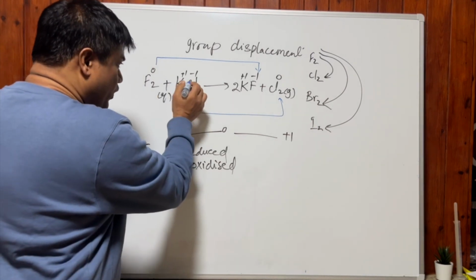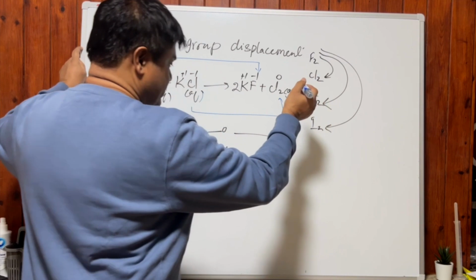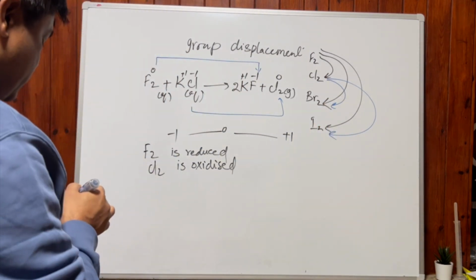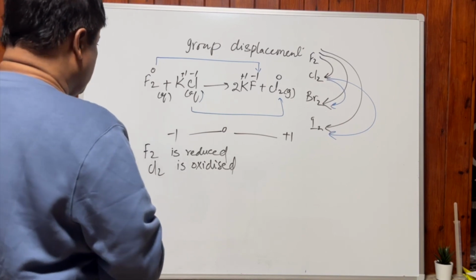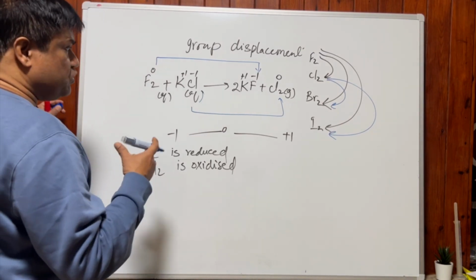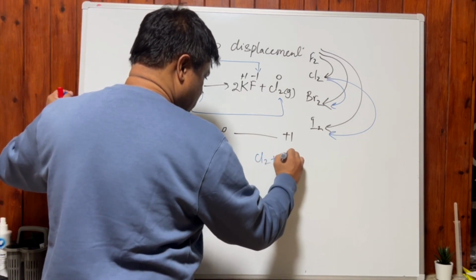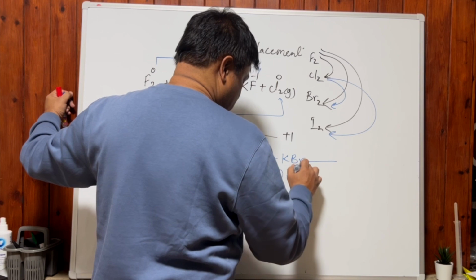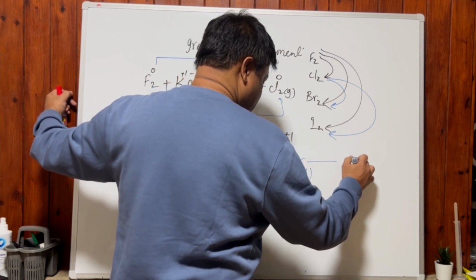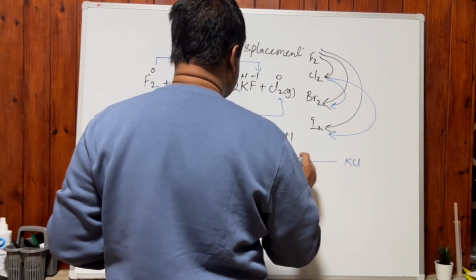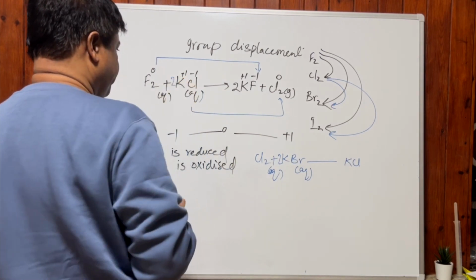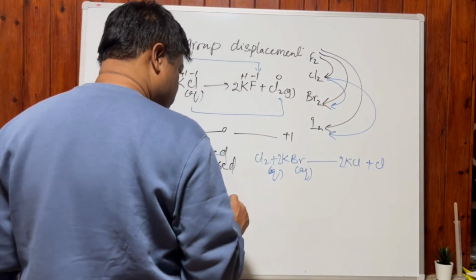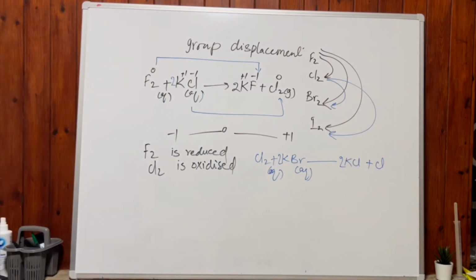Now, one more. Can chlorine displace bromine and iodine? Yes, chlorine can displace bromine and iodine. I want to give you one example. Instead of KCl, you can use KBr. Cl2 plus KBr, an aqueous bromide solution. We'll get KCl. Balance it: 2 KCl. Yes, balanced here. So 2 KBr plus Cl2 gives 2 KCl plus